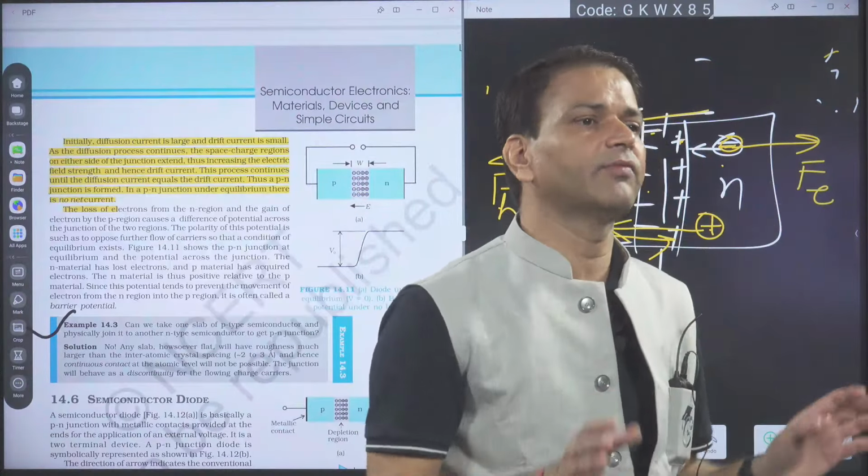Okay. So the minimum forward potential for which current will start increasing exponentially, or current will start flowing through the diode, that potential is called the knee potential or the threshold potential. Here it is showing like this. So 0.6 is the threshold potential for this diode. Why? After 0.6 current starts increasing, but up to 0.6 current is almost zero.